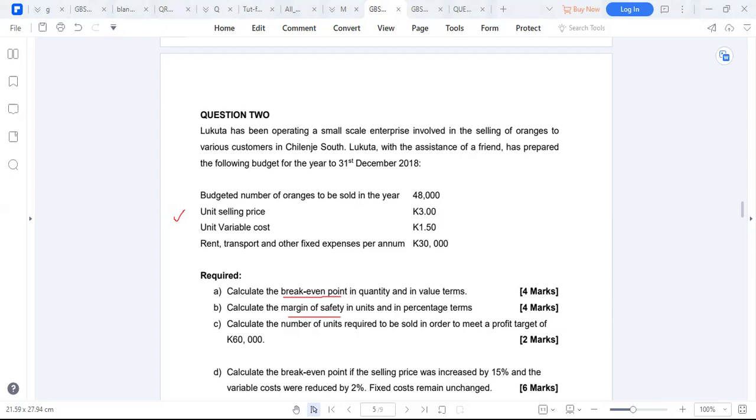So margin of safety in units basically is the actual sales minus the break-even point in units. Then in percentage, it will give you the margin of safety in units over the actual sales times 100. Then we are also going to talk about how